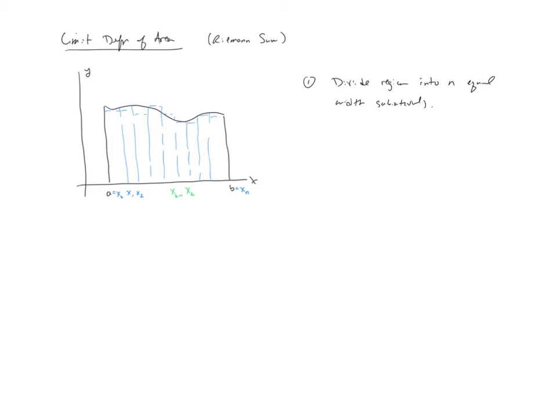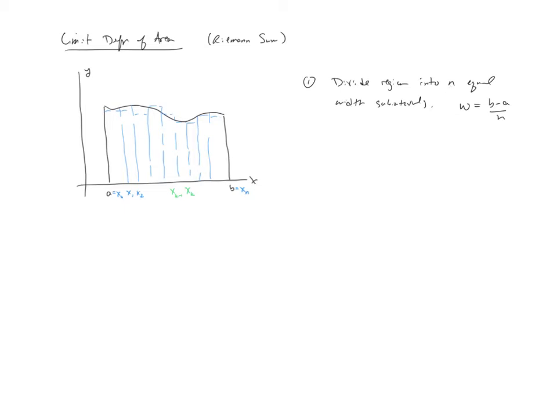So we divided the region into n equal width subintervals. And remember, I was pretty crazy with how I constructed these rectangles, but I do want them to be equal width. So on the bottom here, these should all be about the same equal width for now. Now, since they're equal width, the width can actually be computed using how we've labeled things as b minus a over n. So this number minus this number divided by the n number of subintervals, just like we did in